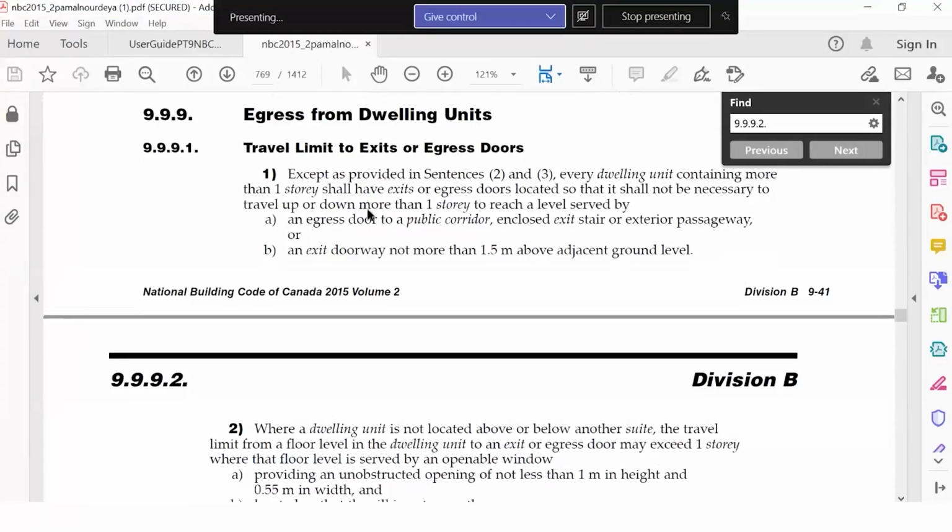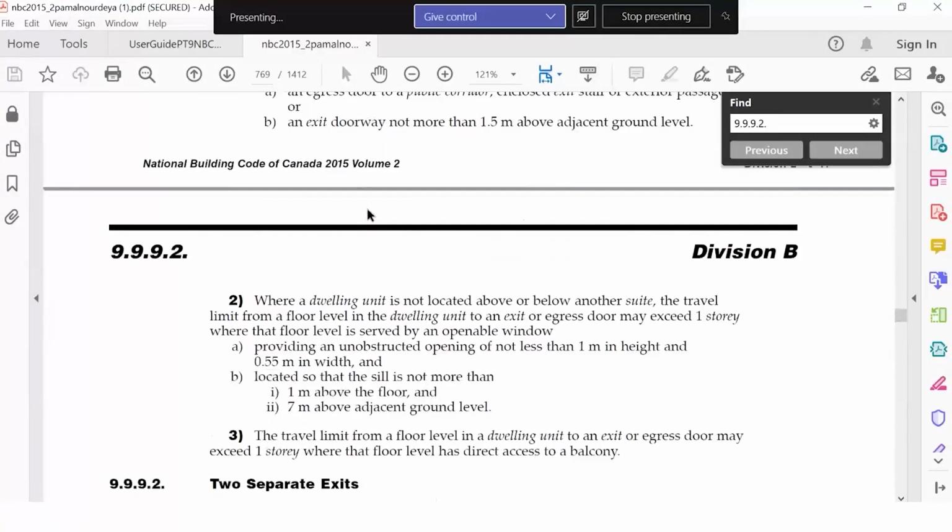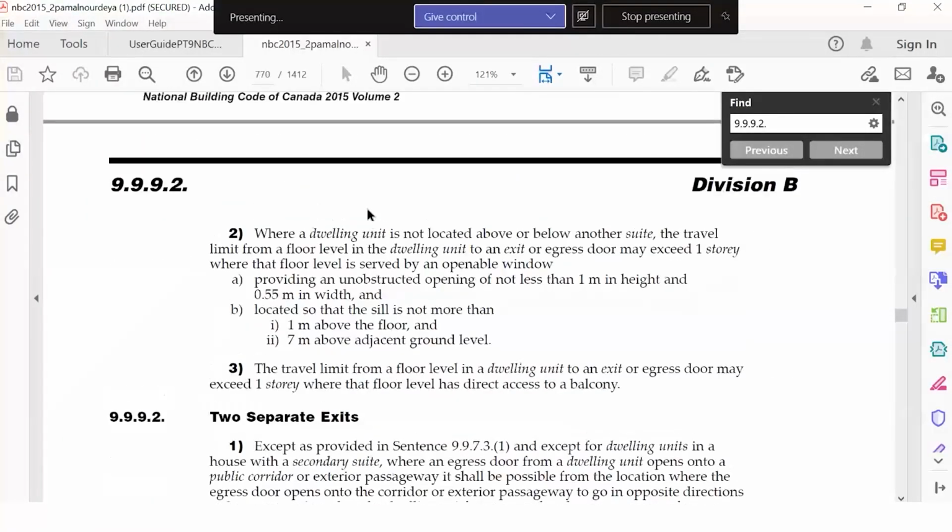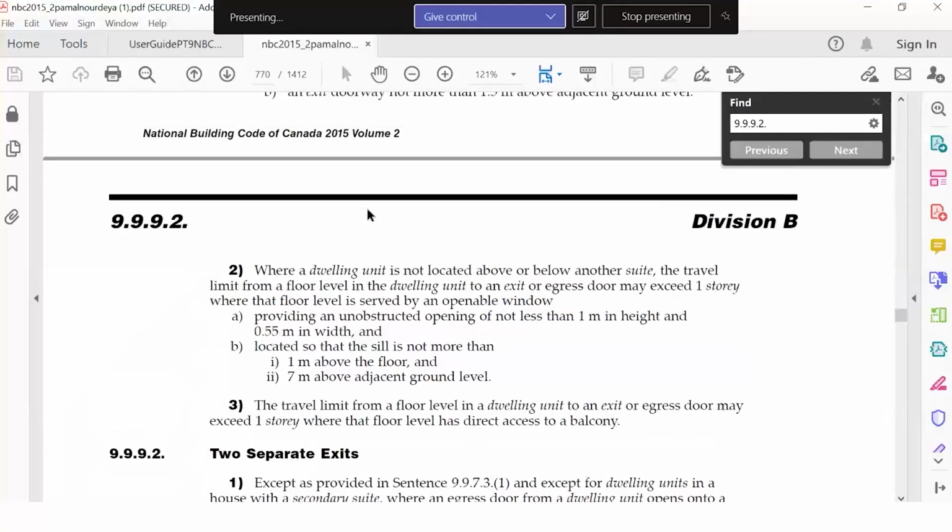Now, with the illustration, this is basically the provision related to the illustration where a dwelling unit is not located above or below another suite. So this provision does not apply to dwelling units stacked above each other. It only applies to row houses, or single family houses where you have